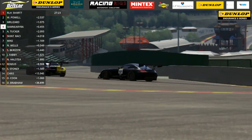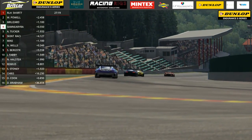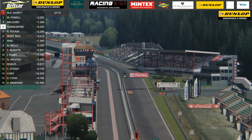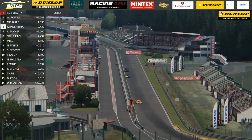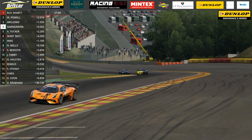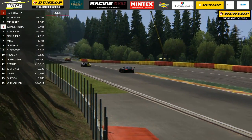Into La Source, they then charge. The lead advantage for Morgan Short, 2.5 seconds at the end of the first lap of the race. There you can see the advantage that he has, although Will Powell has started to get into his rhythm now, having to really battle on that first lap of the race. But he has now got a little bit of clear air ahead of him as they head back towards the